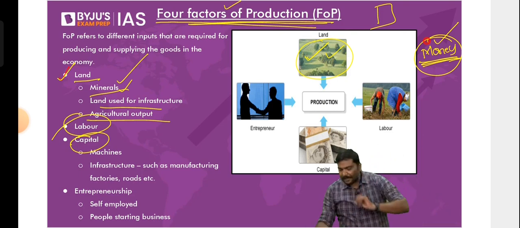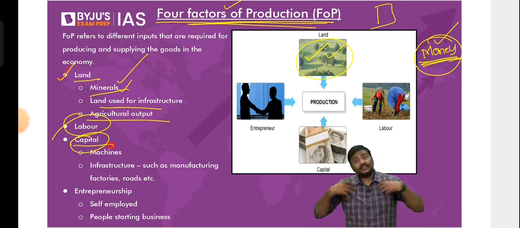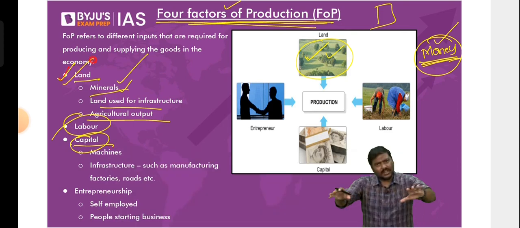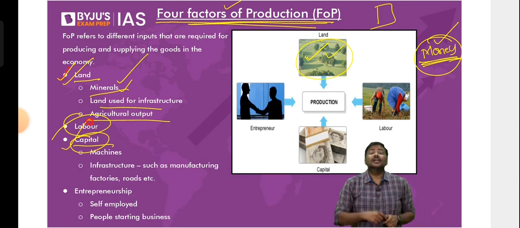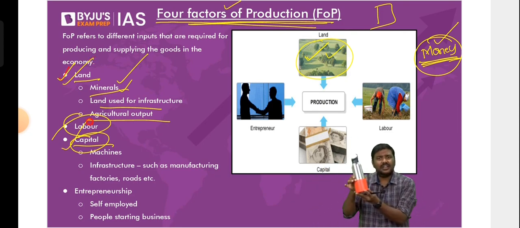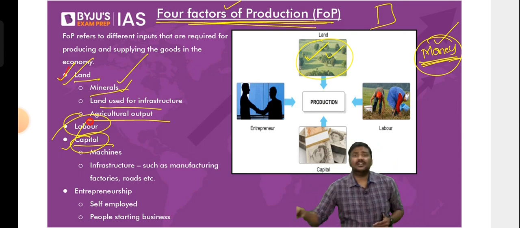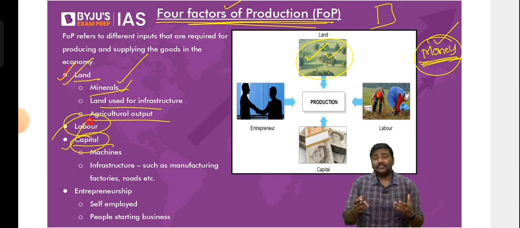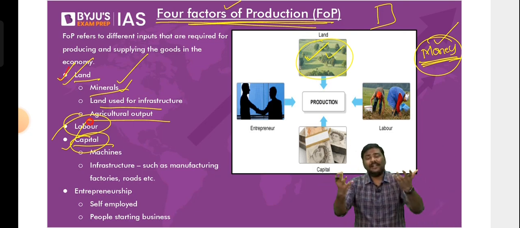Any issue so far? So capital simply refers to anything that we have produced. You have to understand this. The land is naturally available. Anything that is naturally available to us is land. And what about the capital? Capital is the one that we have produced. For example, did we manufacture this flask? Yes. Did we manufacture the mobile phone? Yes. Did we manufacture this sanitizer? Yes. Did we manufacture the mobile phone, laptop, or tablet that you're holding? Yes.